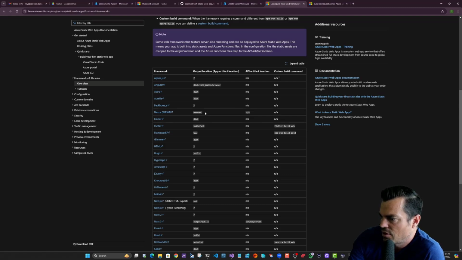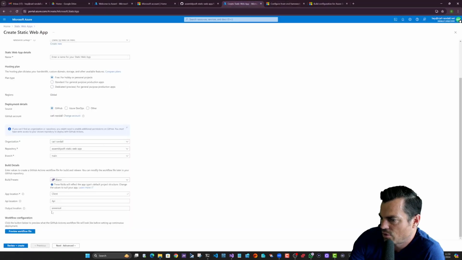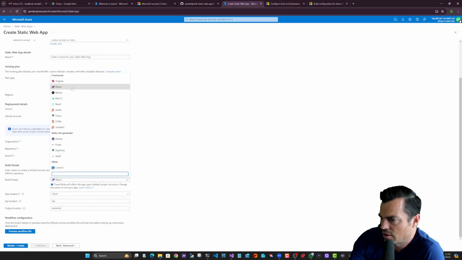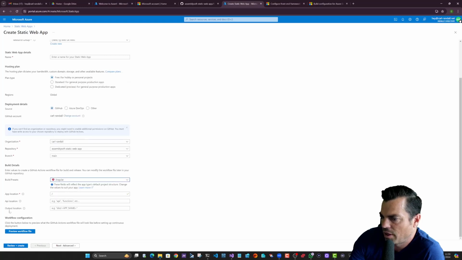output location. So going back to the portal, if we flick these build presets and go to Angular, for example, it's populating the application API location, which is irrelevant for us for this migration at the moment. But then it's got the output location as well after the build, which is required for the deployment to pick up these distributable files, which in our case will be DLLs and the assets. But let's just flick that back to Blazor, and then what we can do is have a look at